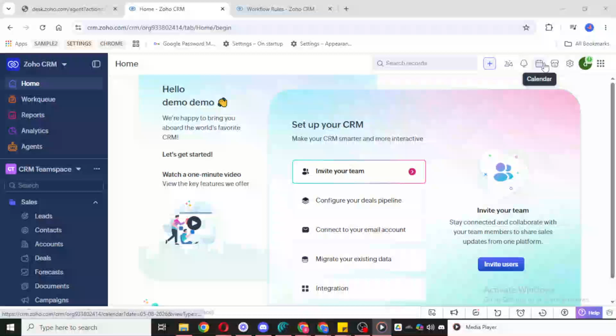In today's video, I'm going to teach you how to add a product in Zoho CRM. To get started, open your Zoho CRM account and make sure you're logged in. Once you're inside the dashboard, take a moment to get familiar with the layout if this is your first time